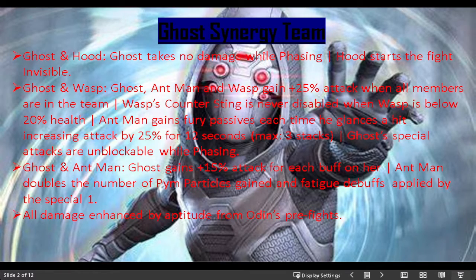And for Hood, he starts the fight invisible, which I guess is quite useful because you don't have to dash back and take potentially a lot of block damage, depending on where you are in terms of content. Because you could be in Act 8, you don't really want to be taking block damage in Act 8. Although I don't know who's taking Hood into Act 8 unless they're using it for the Ghost Synergy. Anyway,